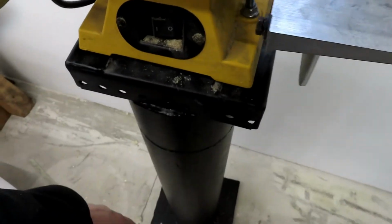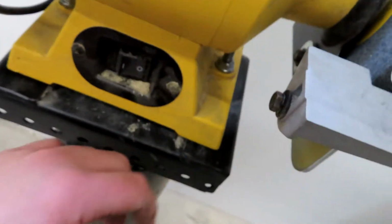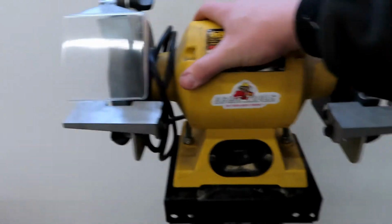But yeah, I did not mention this before, but this tube got filled with concrete. So that's why you can see stuff down here. I got those out, cleaned out pretty well. But anyways, yeah, that tube's filled with concrete. At some point, I'll end up drilling through these and bolting it down to the concrete, so it'll be less likely to tip over, but that probably won't happen until I get